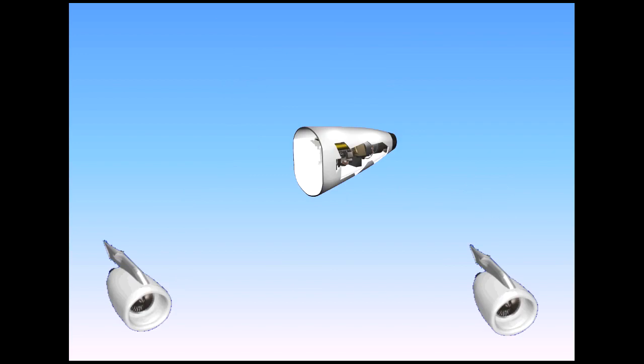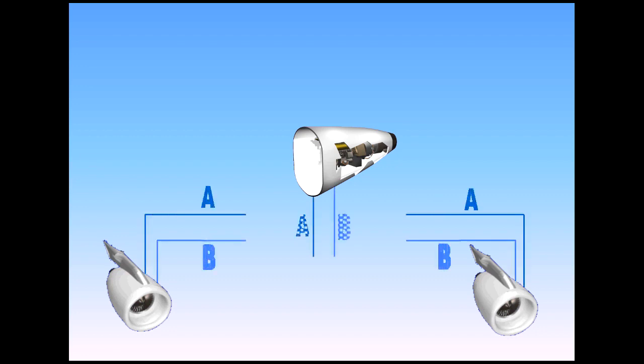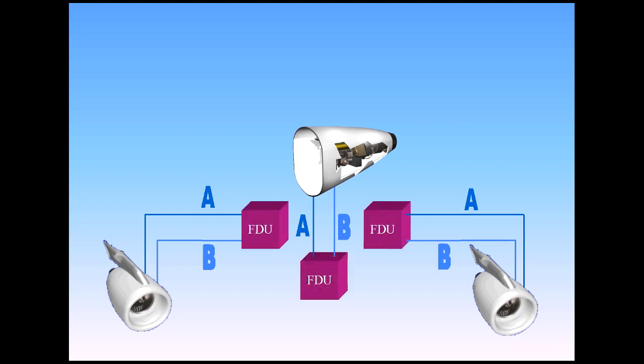The engines and APU have individual fire detection systems. Each system consists of two identical detection loops, A and B, mounted in parallel, a fire detection unit, FDU,